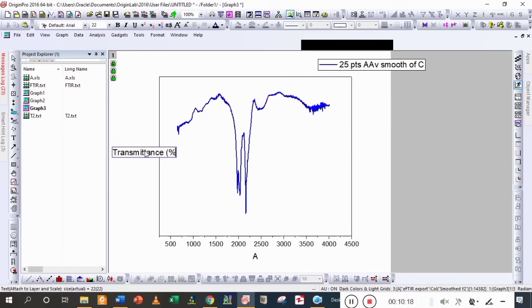Now we are going to change the x-axis. So its value is wave number. So wave number, and write its unit, which is per centimeter. So cm, and I'm going to use a superscript, so here -1, and then again click on it, and then we can see that the graph is from